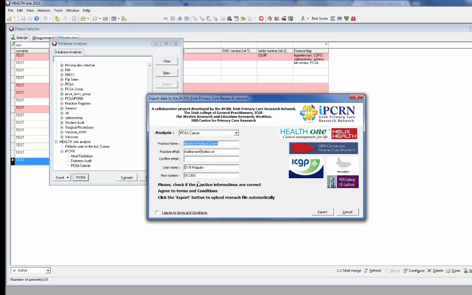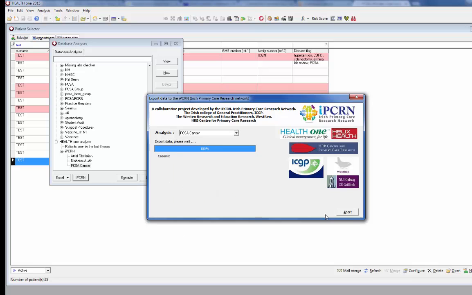You click on that, confirm your email, agree to the terms and conditions, and export,